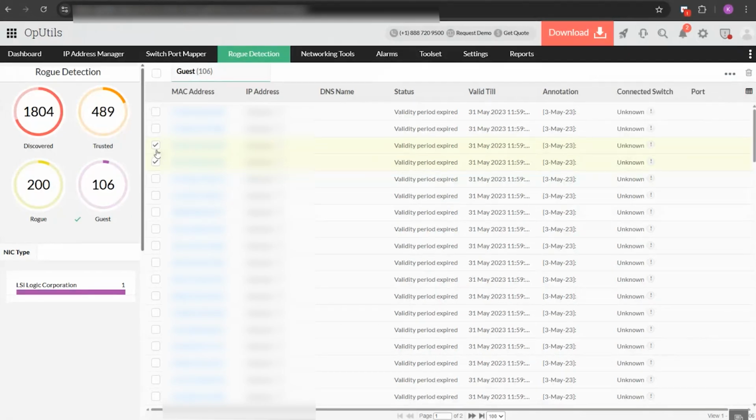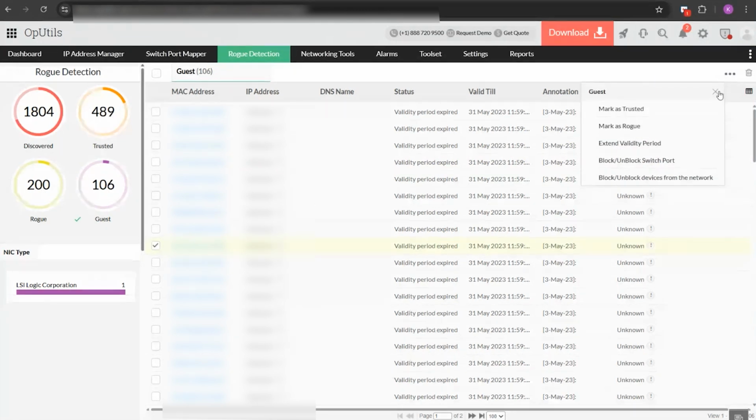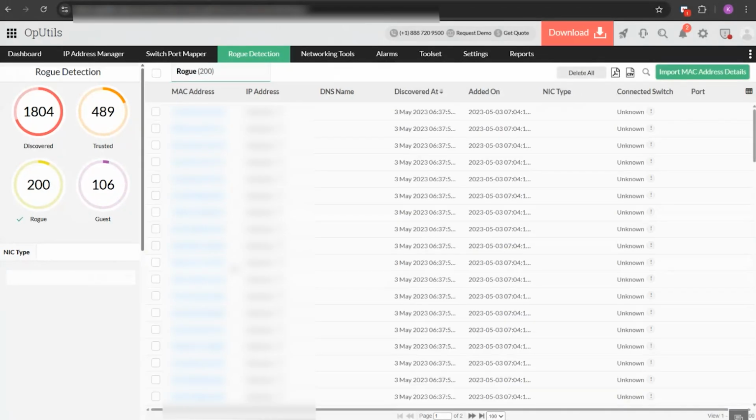Finally, we have the third category, which is rogue devices. If you come across a suspicious device that you don't want on your network, simply mark it as rogue. This ensures that the device can no longer communicate with your network. From here, you can also select the device. Let's move in and see the rogue devices. You can select the MAC address and remotely block the device right from within your OpUtils